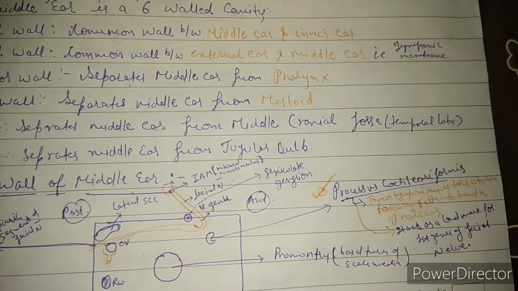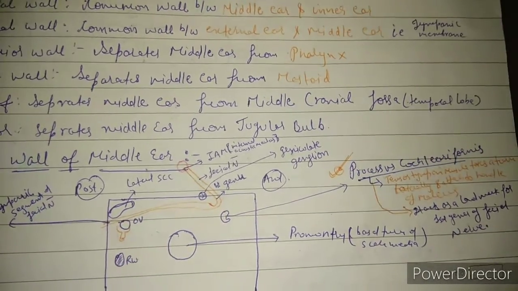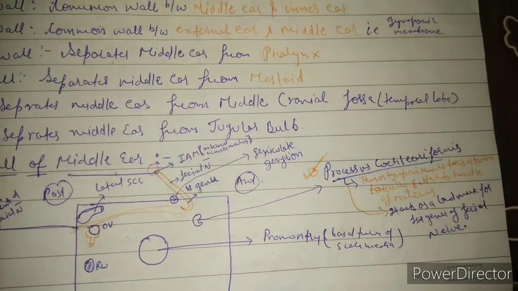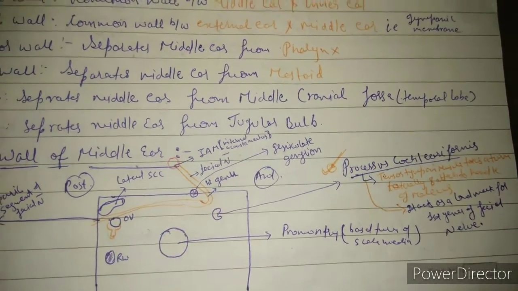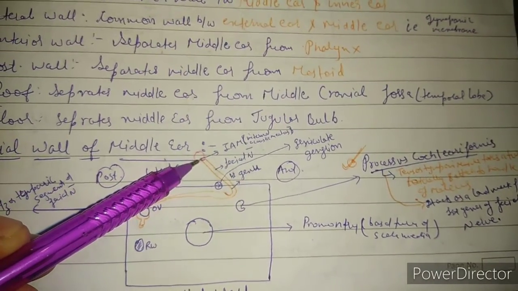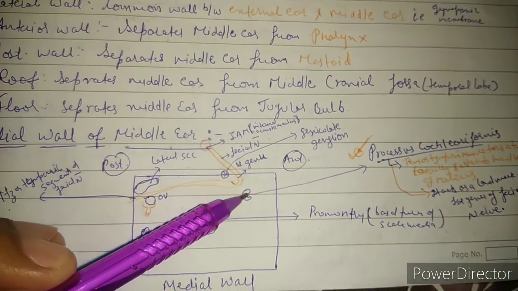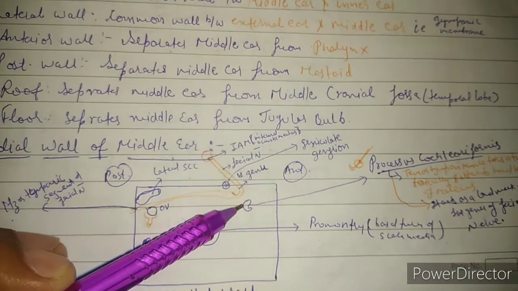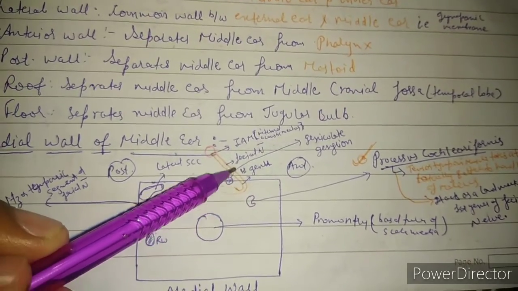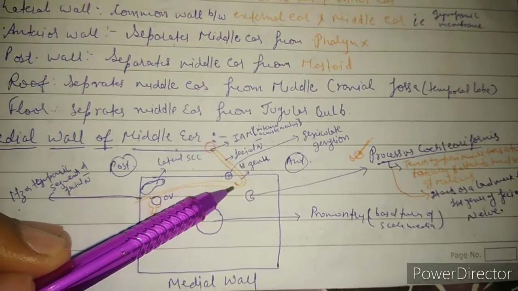So guys, what is the importance of this structure? The tensor tympani muscle takes a turn laterally and attaches to the handle of malleus from this processus cochleariformis. The second point is that it acts as a landmark for the first genu of the facial nerve. As you are seeing here, this is the internal acoustic meatus, then this is the root of the facial nerve and it turns laterally. This is the processus cochleariformis, so it is getting turned laterally from here. This is the facial nerve and this is the geniculate ganglion.